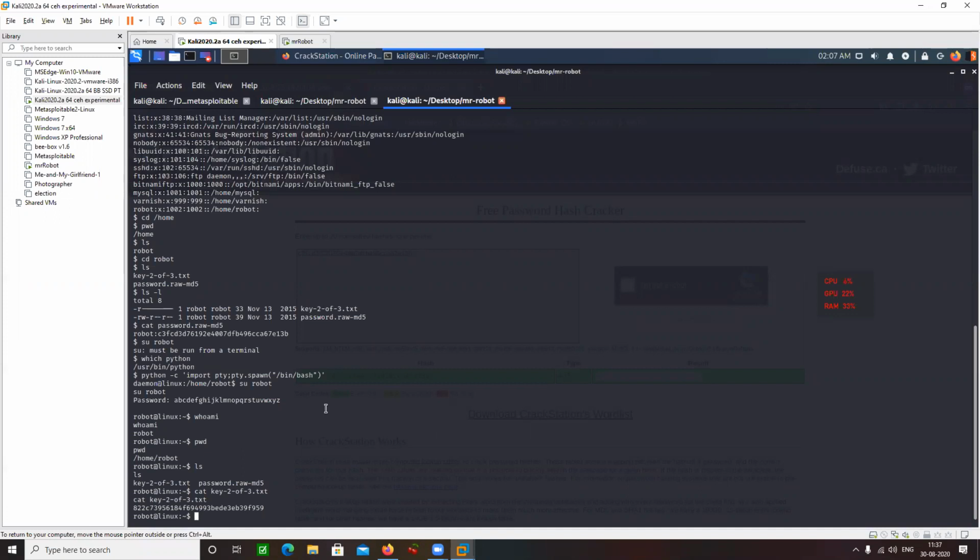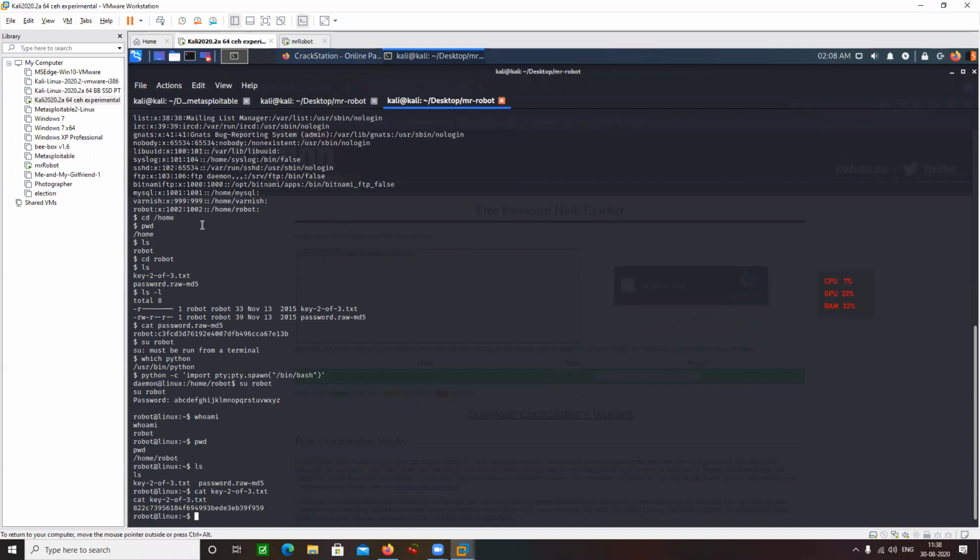Sir, can you please explain how you upgraded your shell? Okay, so I just used Python for upgrading my shell, and here I'm trying to import this pty module. From the pty module, I'm using this specific function, and I'm using this function to call /bin/bash. /bin/bash is your shell, your bash shell. This is the binary file. That's what I'm trying to call here using Python.